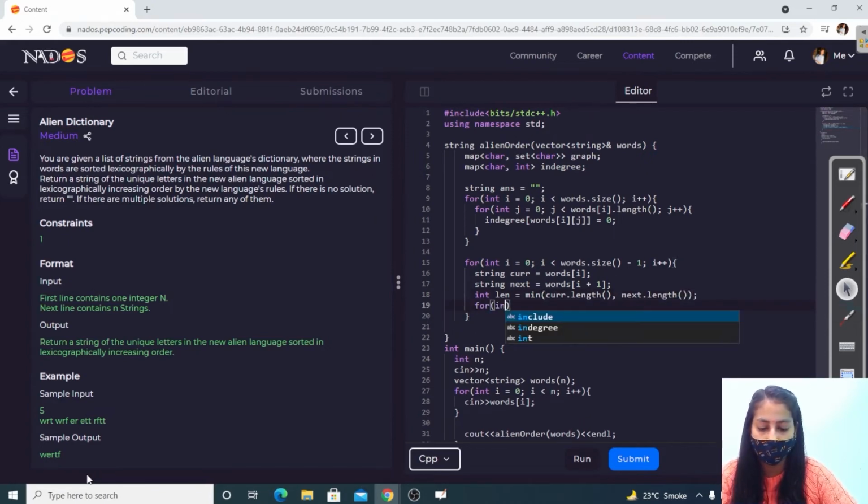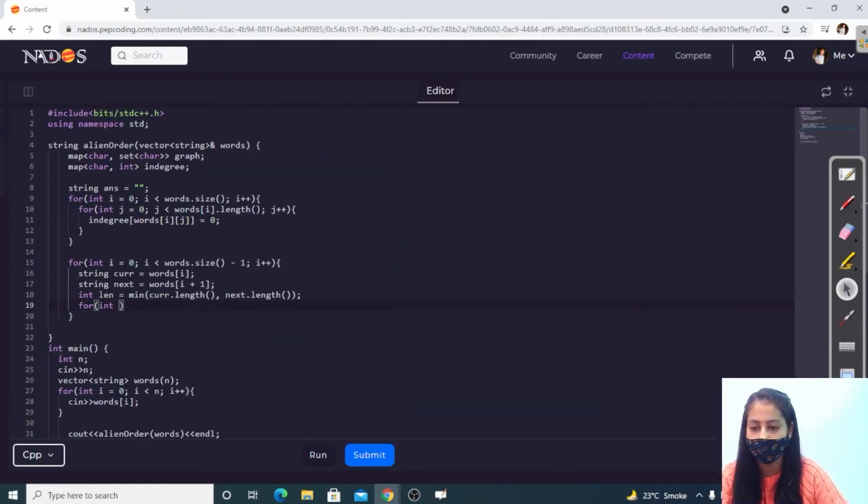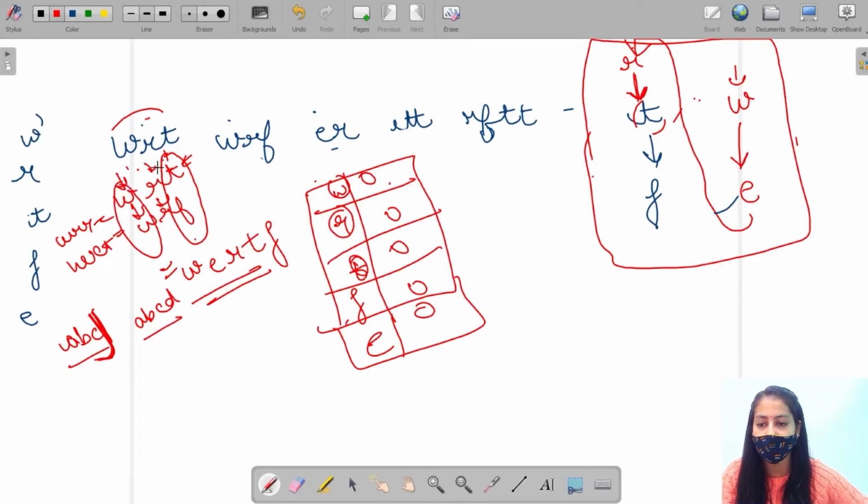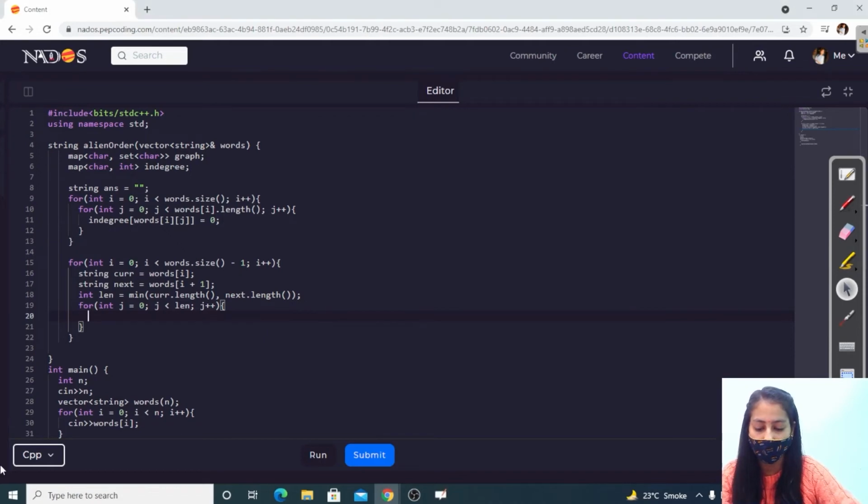So now let's start the traversal. We are taking the two words, and if we find the first mismatch, then we have to do something, right? So take the words.